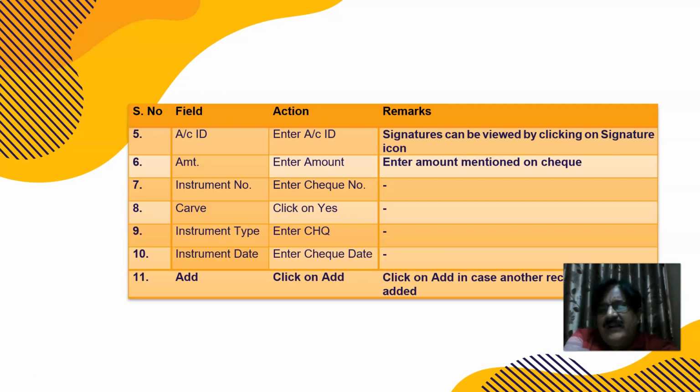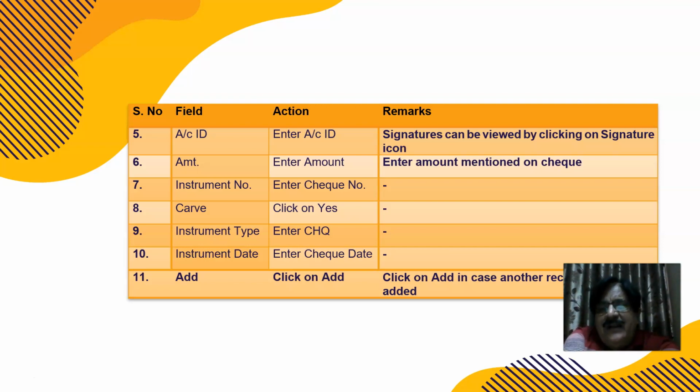Now I'll tell you what carving is. Suppose I issued a check to some person and he presented it to my bank in inward clearing. I don't know at which time, on which date the check will be presented in my account. I may withdraw some funds, not knowing that I have issued a check. So what the system does is, as soon as it finds that sufficient balance is available, it carves, which means it marks a lien. That means the customer cannot withdraw that amount after that check has been entered in the HICTMO menu option.